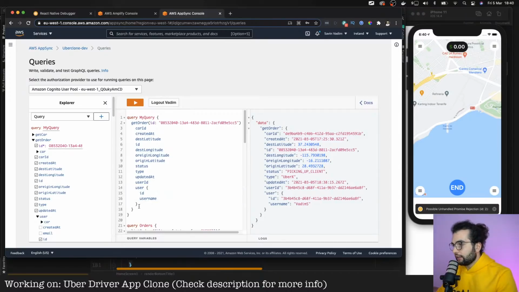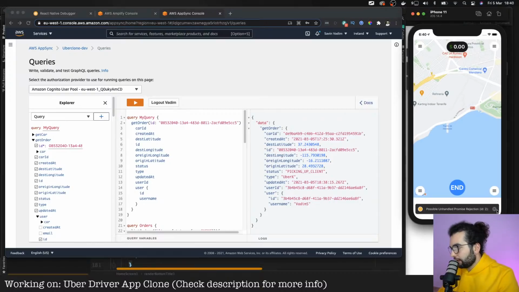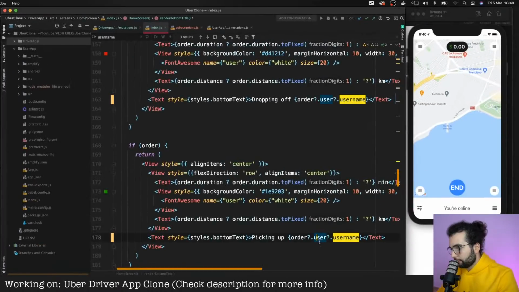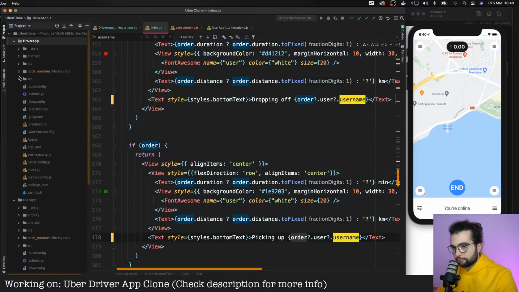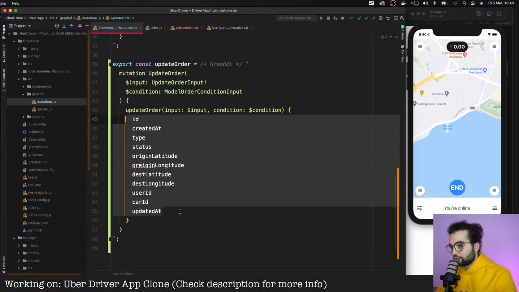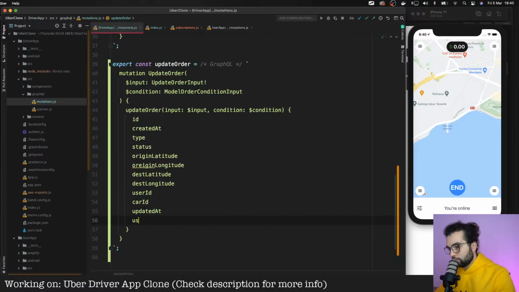So yeah, the issue there that we had an error with throwing that the username is not there is because in order when we update it, in the driver app source GraphQL mutations, here we are not returning the user and the ID and username.